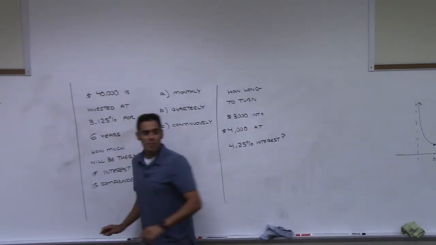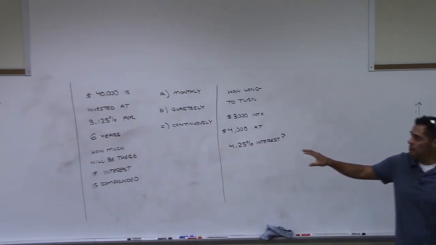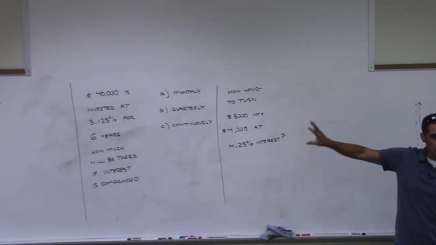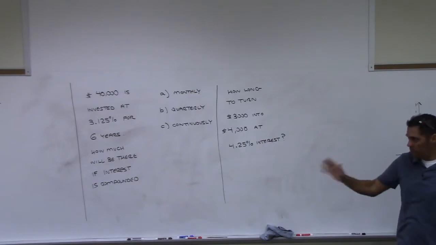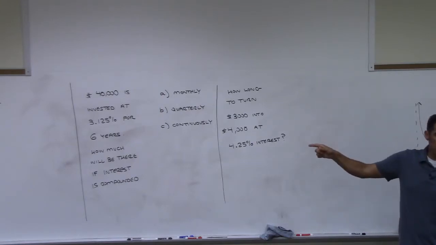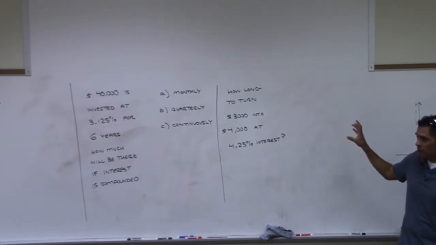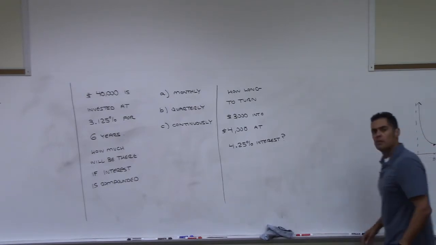So how do y'all want me to do this? Do you want me to just let you work these and then do the work on the board and have you look up at it? Or do you want me to step by step right now go through it? What do you want to do? Can you go through it? One, and then we'll do another one by ourselves. So if you go through this one, and then I can give you another one to do? Okay. So you want me to work through each of these? Yes? Okay.